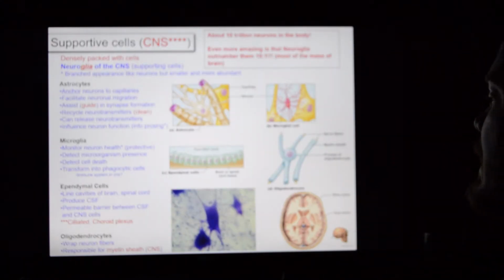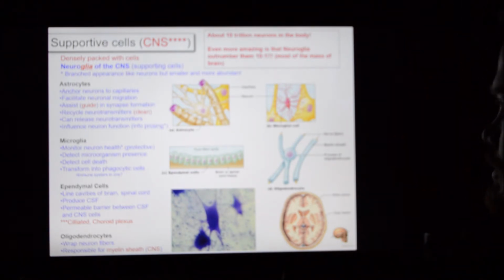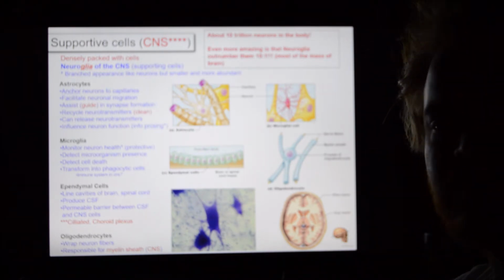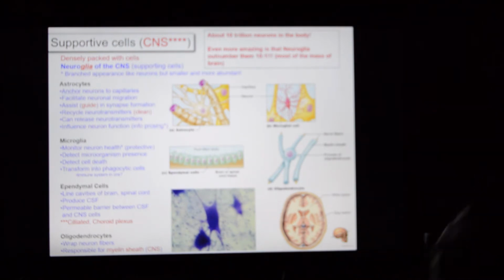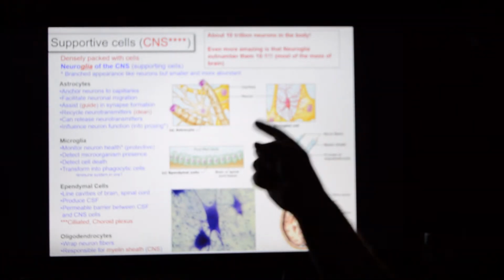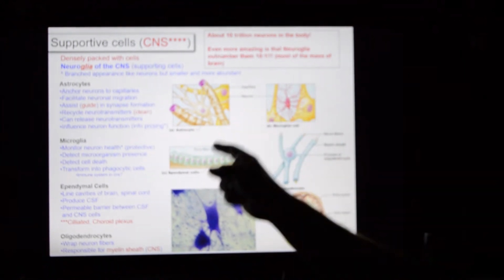All right, let's talk about the neuroglial cells. Neuroglia means nerve glue. Neuroglial cells are the helpers. You have to think about neuroglia as being the entourage of the neuron. If the neuron releases waste, the neuroglia cleans it up. If the neuron gets infected by something, the neuroglia clean it up. If the neurons need cerebrospinal fluid, the neuroglia makes cerebrospinal fluid. It's the neuroglia that keep the central nervous system and the peripheral nervous system working.